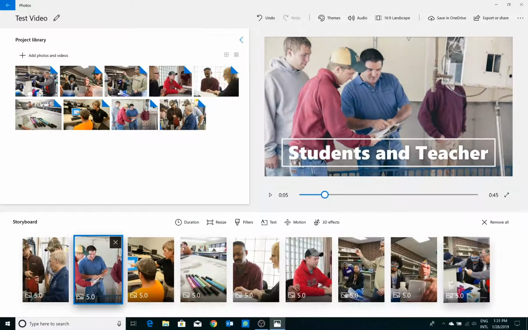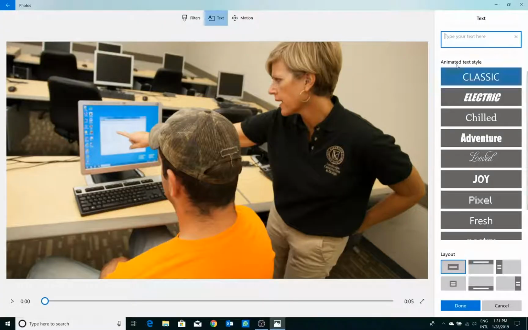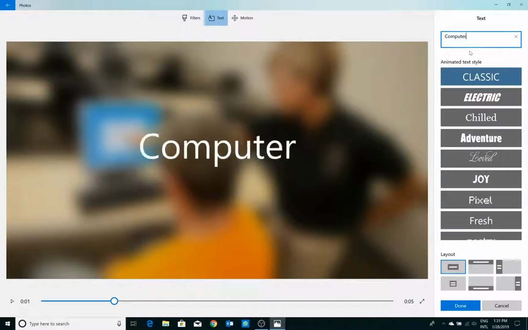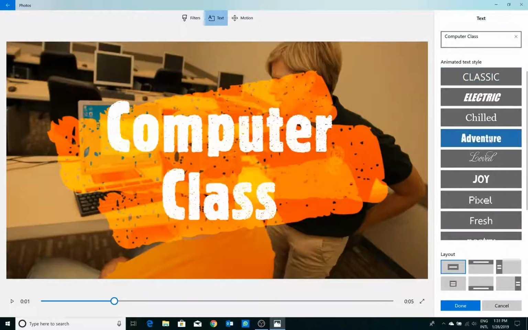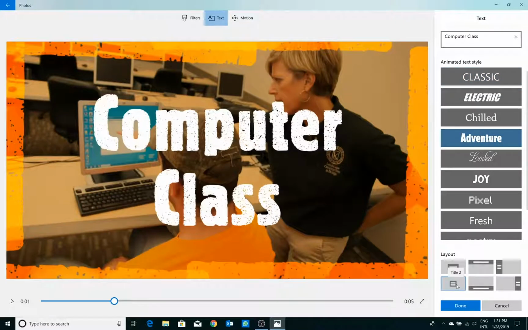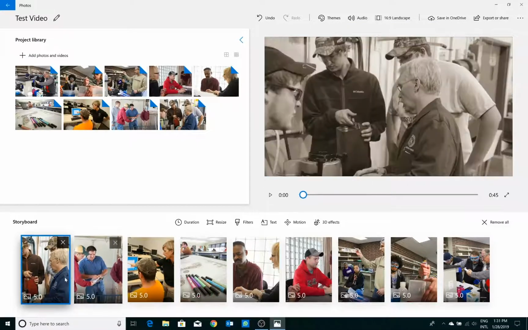So I'm just gonna keep that one. Text, I'm gonna change these to computer class, for example, and I'm gonna use adventure, and now I'm gonna move that. That looks really good. So then again, you can add those kind of